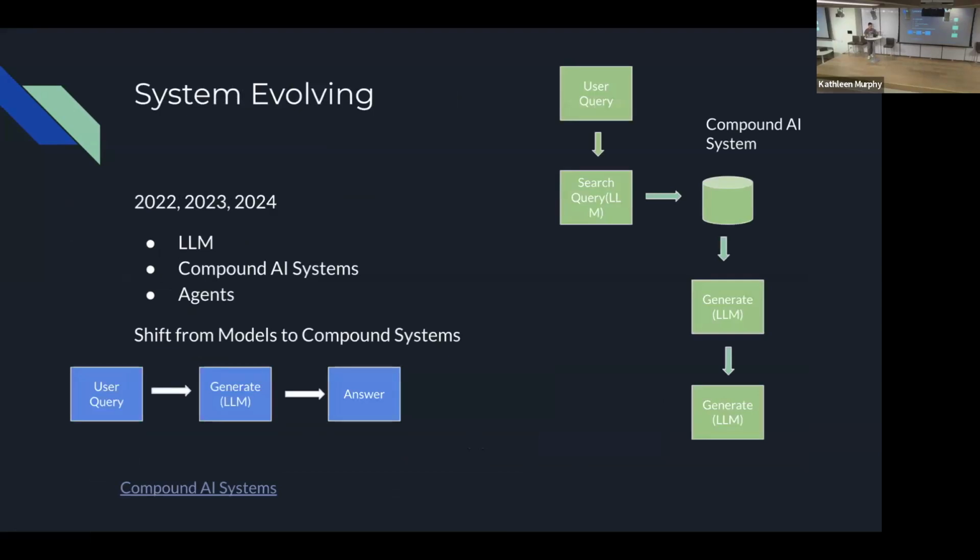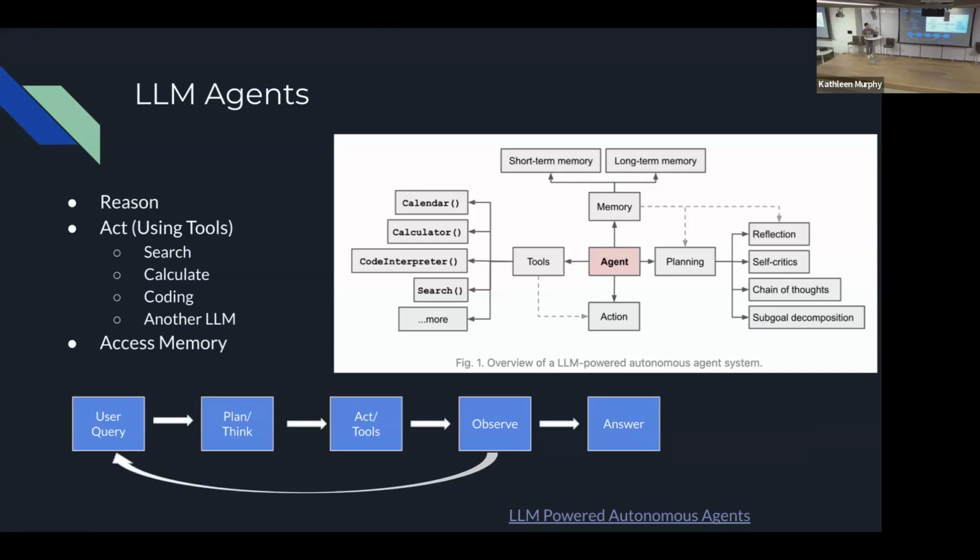So now, as you can see with the agents, our previous system becomes even more complicated. Now you input the query, right? And then it can think, it can plan accordingly. And it's gonna react via the tools based on your request, right? And you're gonna have an answer. However, it will not respond to you directly. It's gonna observe and evaluate, right? And if it's not good, it's gonna go back to you to ask you to put in even more queries, and then eventually give you the final results.